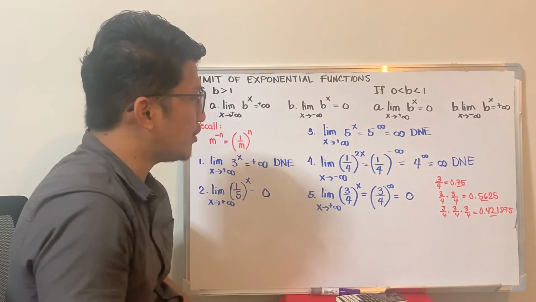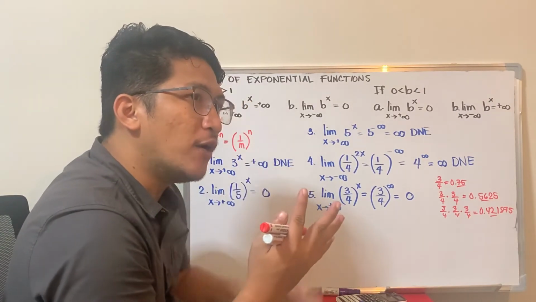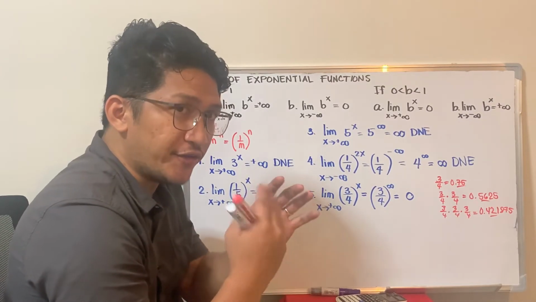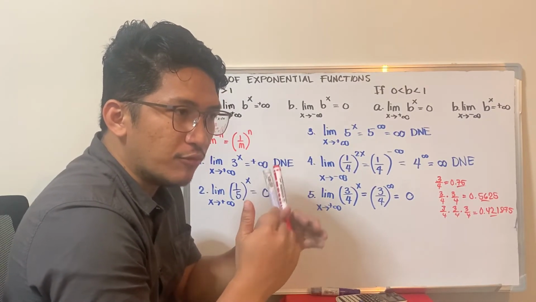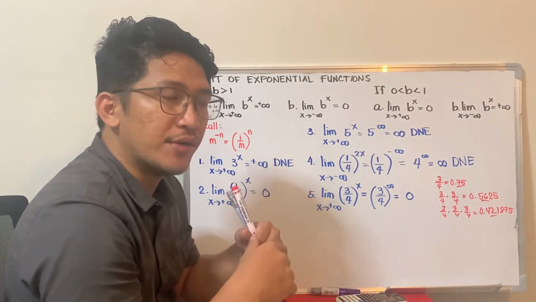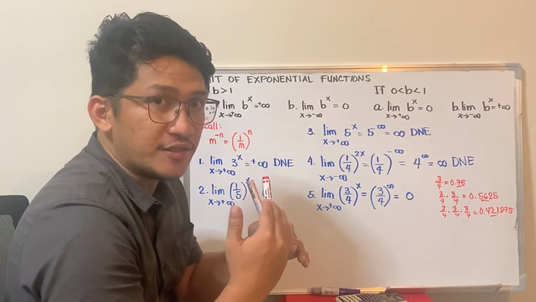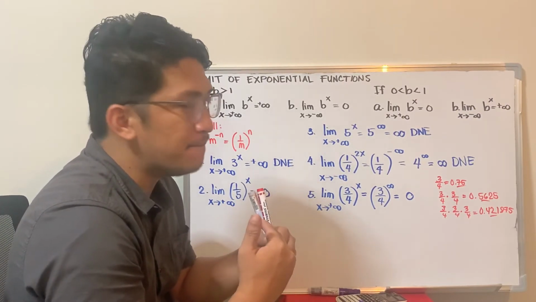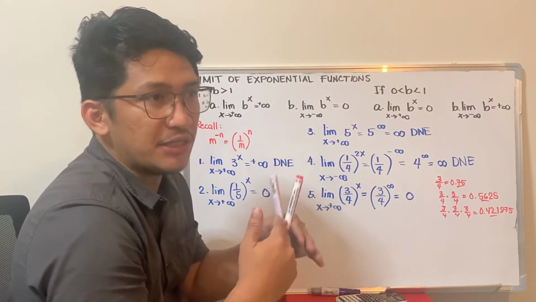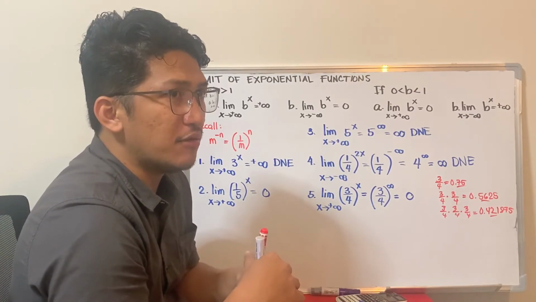Okay, manual computation only. Just remember, guys, that if a number greater than 1 is multiplied by itself again and again, then the number becomes bigger and bigger. Whereas if it is less than 1, greater than 0, a positive number less than 1, and you multiply it by itself multiple times, the number becomes smaller and smaller. So like for example,